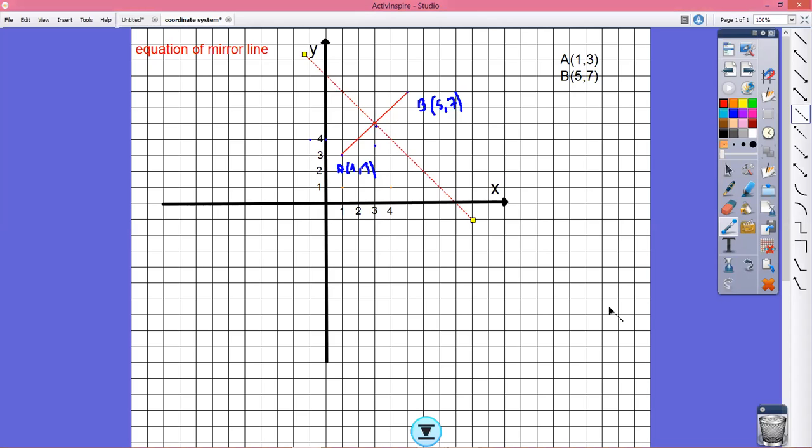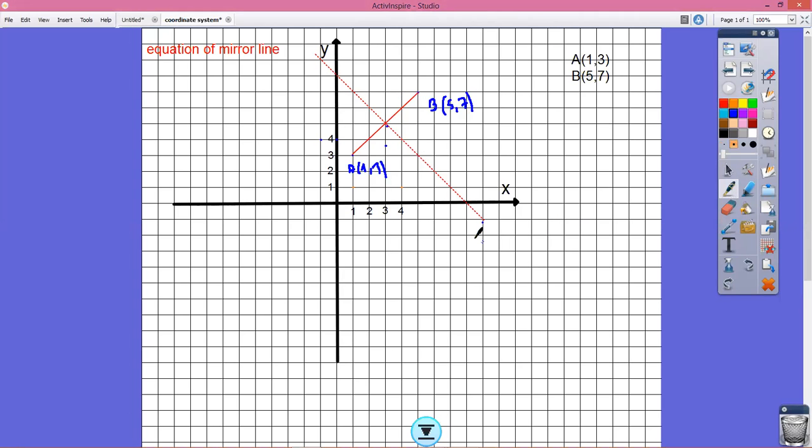Now this will be our mirror line. It's because here in the middle we found the middle of AB, and after that we measured 90 degrees and drew our mirror line. Now this will be our mirror line,